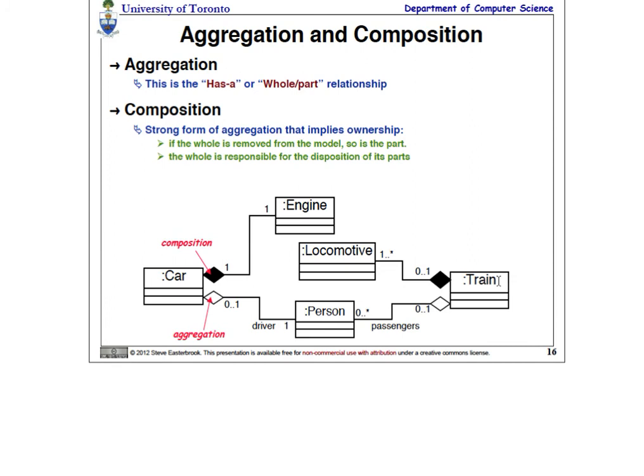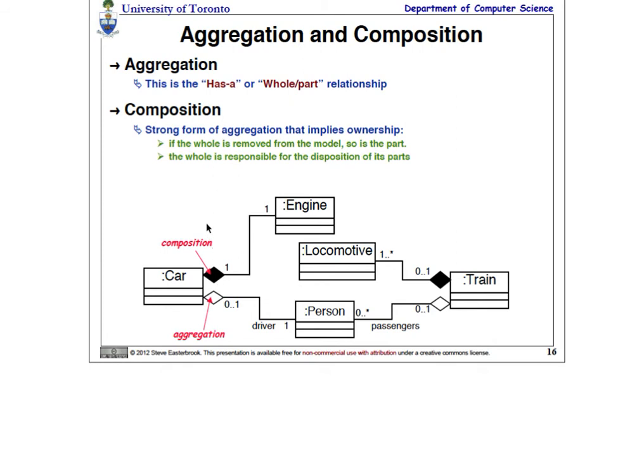Okay, aggregation and composition. These use the same symbol, but they have slightly different meanings. Aggregation is that whole-part kind of thing, or something that we're using that's external. The aggregation, this open diamond, is when I collect things. So I like to call this collection instead of aggregation. So a car collects or uses several people. In other words, I can have a driver and several passengers, but it's not an integral part of the car,